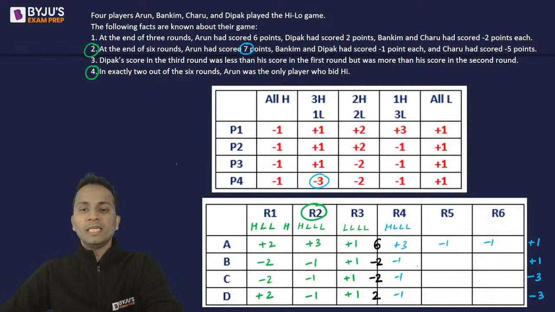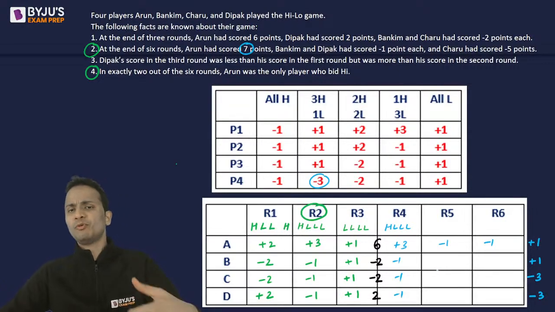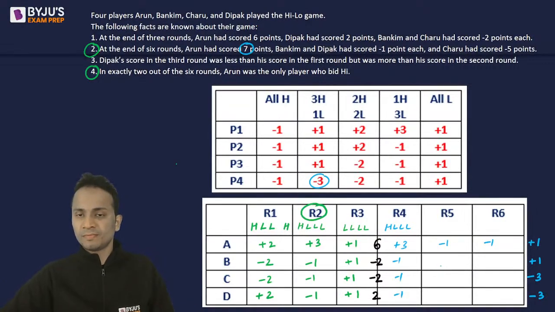All right. Now let's talk about the next player, B. Now B already has -1. He has to be at +1. So that means he will gain 2 points together in round number 5 and 6. Gain 2 points. Now, how can 2 points be gained? Either it will be +3 and -1. So +3, yes, that is a possibility.